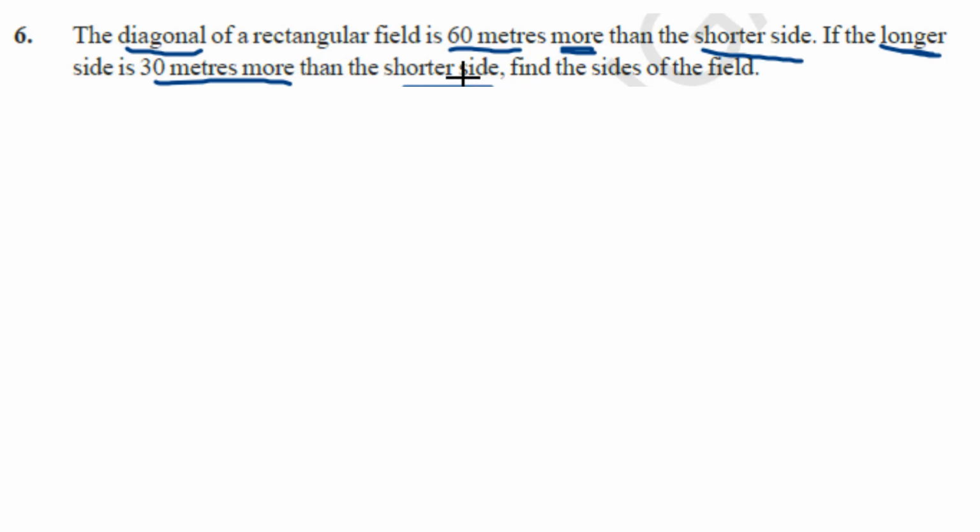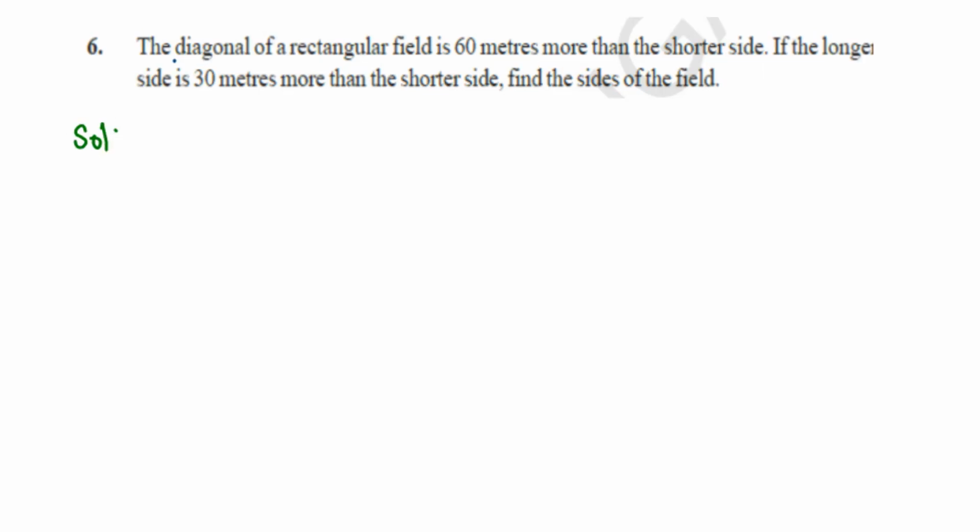So these two pieces of information we have, and we need to find the sides of the field. So here sides of the field means the field is in rectangular shape, so that's why we have to find the length and breadth of this rectangular field. So let us see how to find this. So let us see the solution of this problem. So here